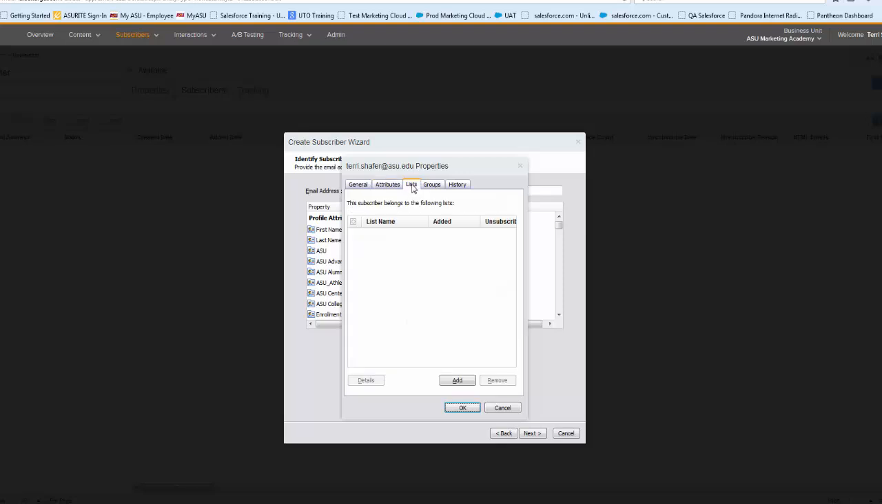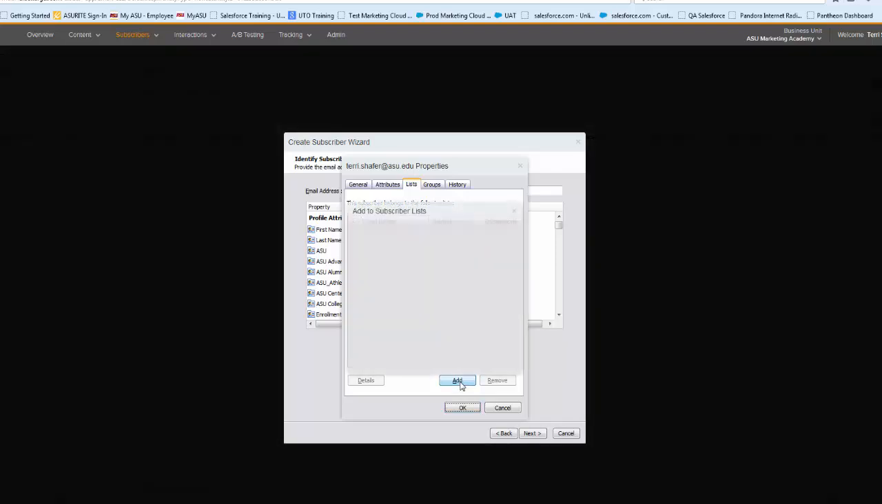When you click on Lists, you'll see any list in your business unit that the subscriber might already be signed up for. In this case, the subscriber is not signed up for any lists, so we're going to click the Add button. When you click the Add button, you're going to see the My List folder and all of the subfolders. So we want to expand the training folder and select the newsletter list that we want to add this subscriber to. Once we've done that, click OK,